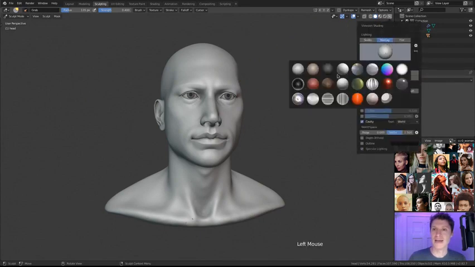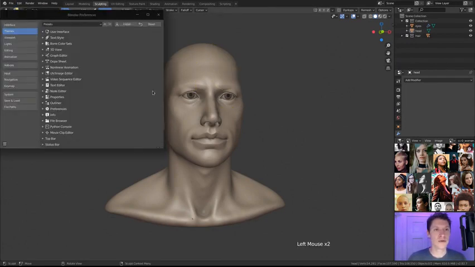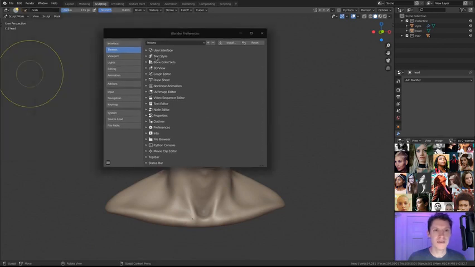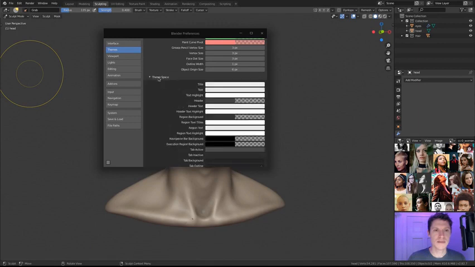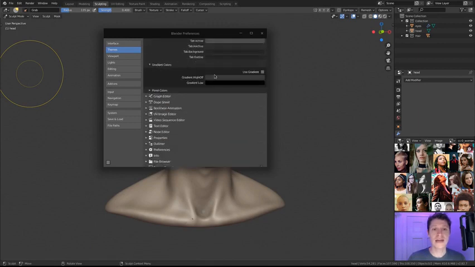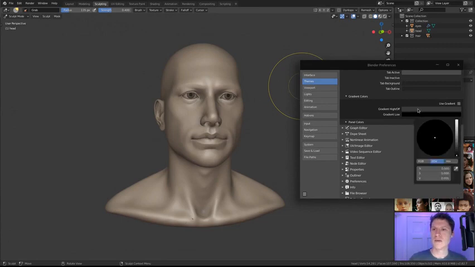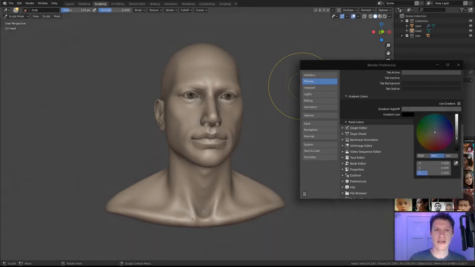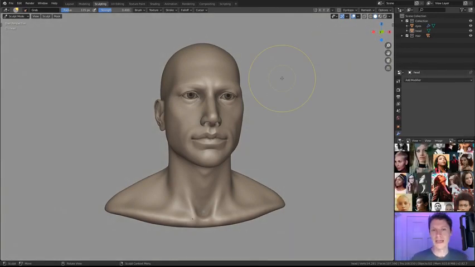And so that can make it very difficult to see the silhouette explicitly. So I'm going to modify that in my user preferences in the themes 3D view. If we scroll down into theme space, scroll down again, gradient colors. The background is referred to as the gradient, and we will change that color to a lighter gray. All right, here we go. We may lose some of the sex appeal of the 2.8 dark user interface, but this will make it easier